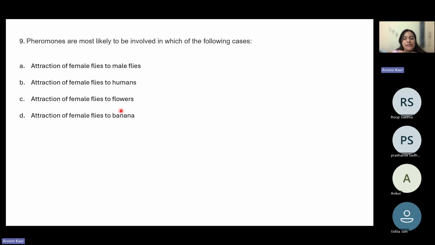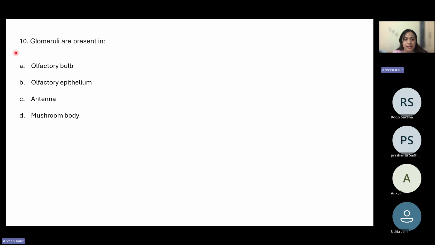So pheromones are basically chemical substances that are recognizable between the same species, right? It could be the same sex or the different sex of the same species. So that is why the first one is the correct answer. That is attraction of female flies or male flies to the male flies. So pheromones are involved in communication between members of the same species. That is why, right? Then question number 10 is, glomeruli are present in the olfactory bulb,